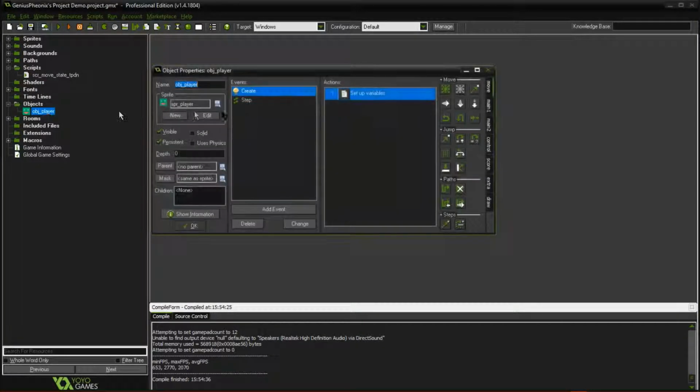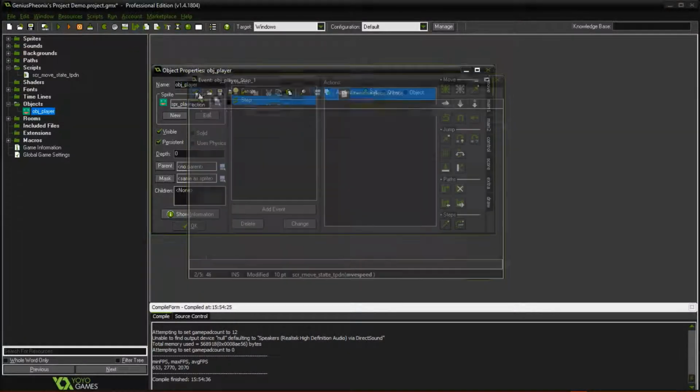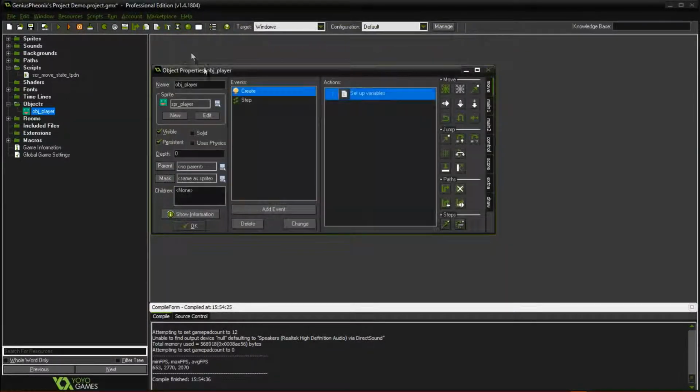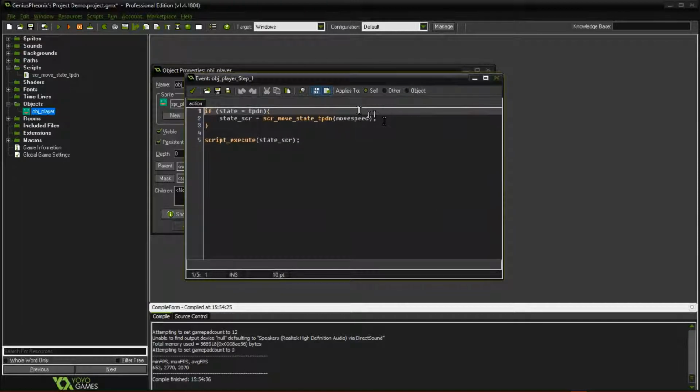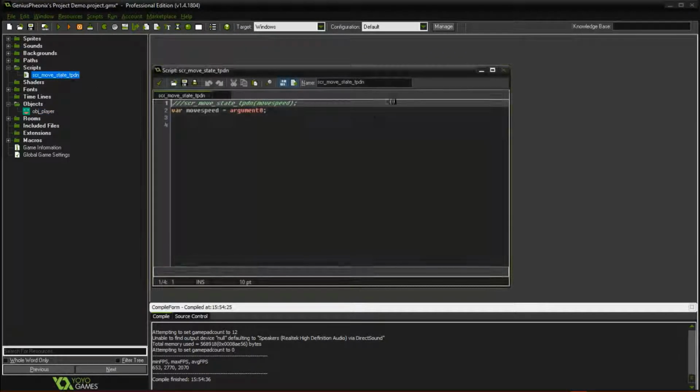And then, okay, we want to change this here then to move speed, like that, so then that will listen to this variable here, and then pass it into the script through here, so that we could just type 4 there, but if we wanted to change it, we would only have to change it in one place, because we might use that script again in a different place, or that variable again in a different place, and then in here we'll get that move speed, which will be 4, and then we'll transfer it into a local variable for this script, and then all we need to do really is